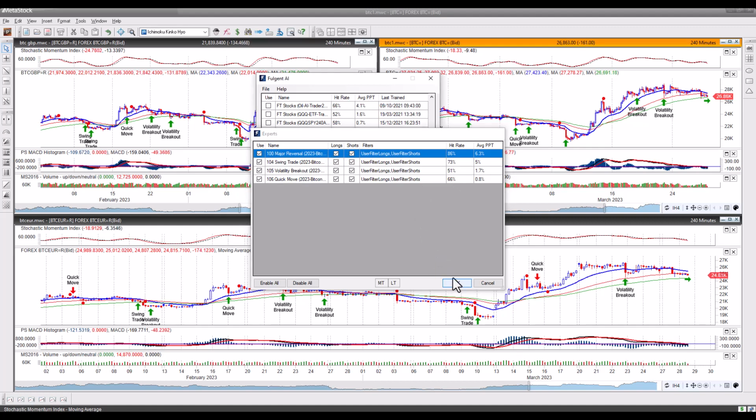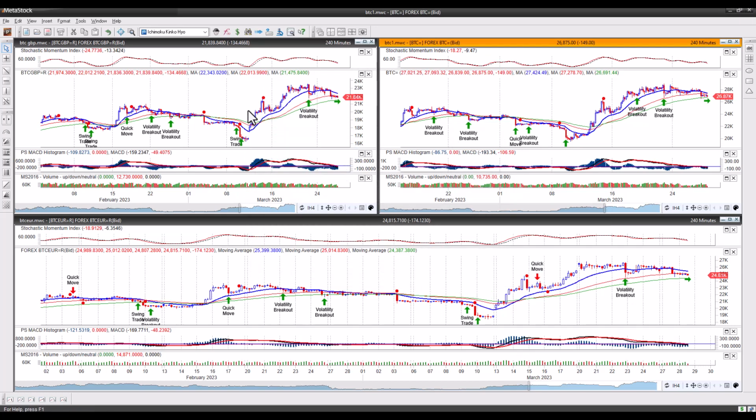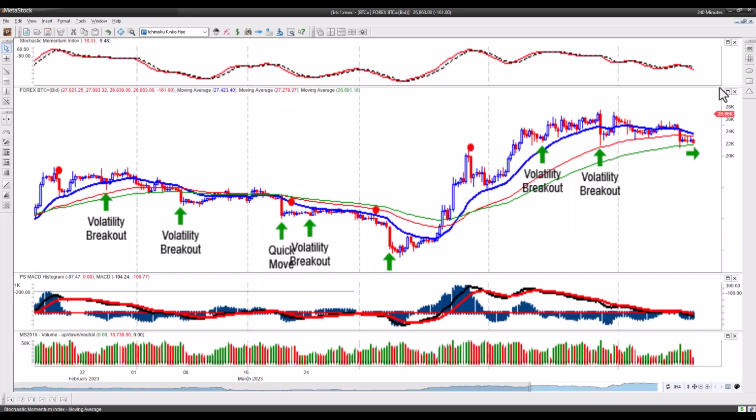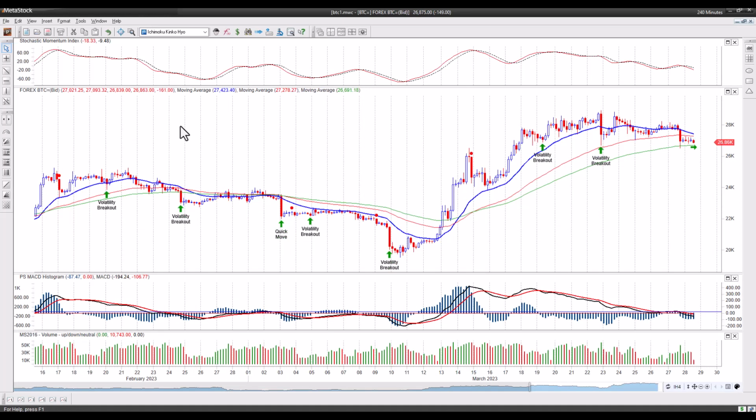Now, we've got the 4-hour charts loaded. If we look at BTC USD, Bitcoin versus the US dollar, you can see we had a beautiful volatility breakout trade here that lasted quite well. Another one there, and then another volatility breakout there. So you can see we had a couple of fantastic quick trades in Bitcoin. You can just move your trailing stop up and then naturally get pulled out if it moves below a particular price. But you can see quite a lot of nice volatility breakout trades here on the 4-hour Bitcoin chart,